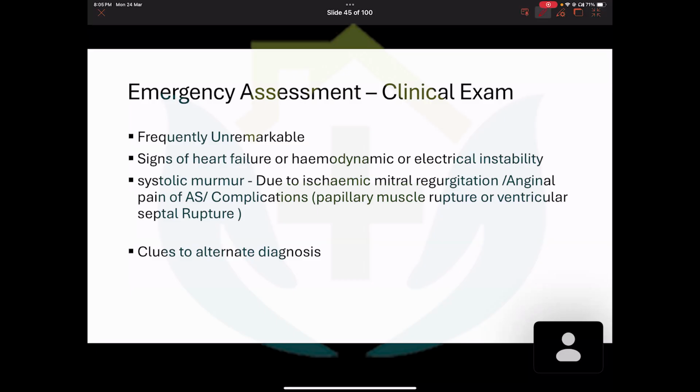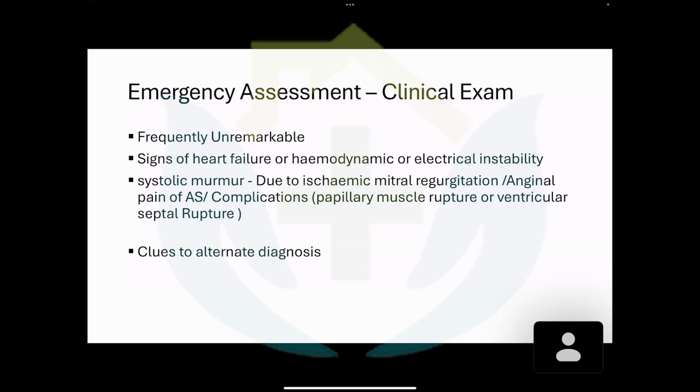But if there is a mitral regurgitation, ventricular rupture, septal rupture, or papillary muscle rupture, then there is a systolic murmur. But obviously, the patient will be grossly hemodynamically unstable, and then you have to immediately go for more invasive procedures like intubation and cardiothoracic OT, or immediate shifting to the cath lab and interventions. And ventricular septal rupture has almost more than 90% mortality. So mostly the clinical examination other than the chest pain will be unremarkable.